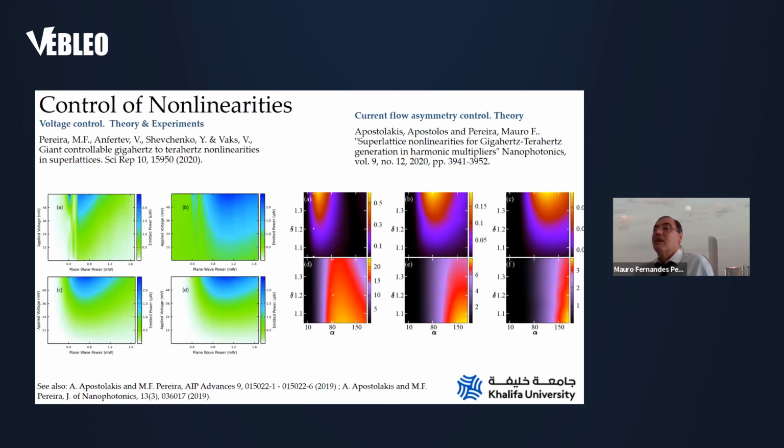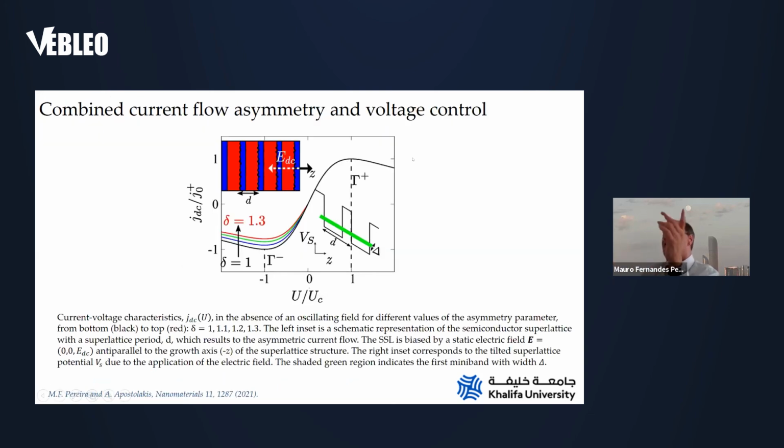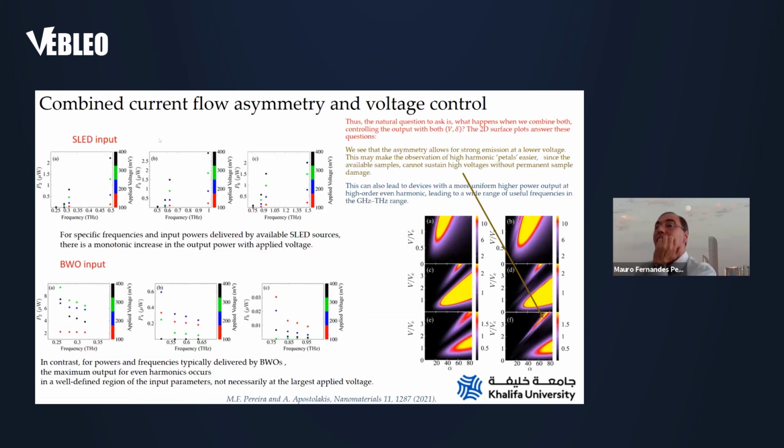So we have seen that we can control the nonlinearities with voltage, and we can control them with intrinsic asymmetries in the IV due to the different scattering mechanisms. What happens if you combine both? Basically, if I apply the voltage and somehow I have an interface or a given design that gives me larger asymmetry, it's very interesting. First of all, if you look at this combination,